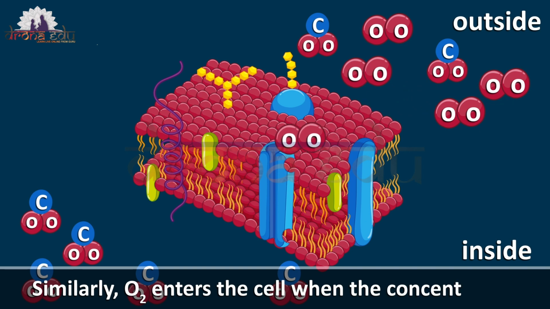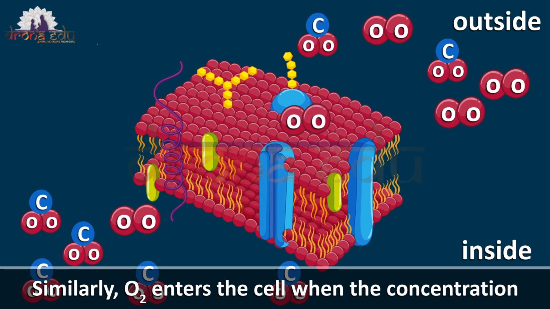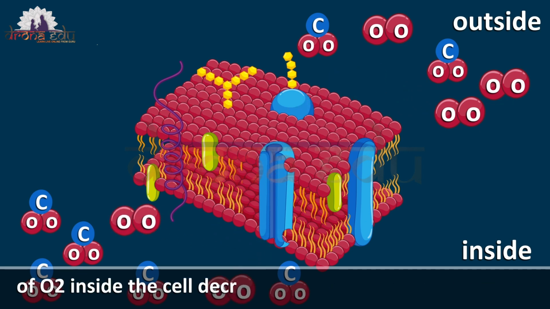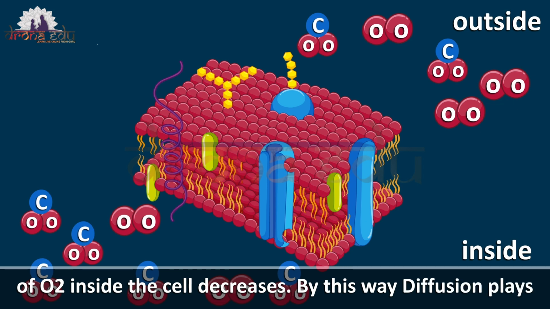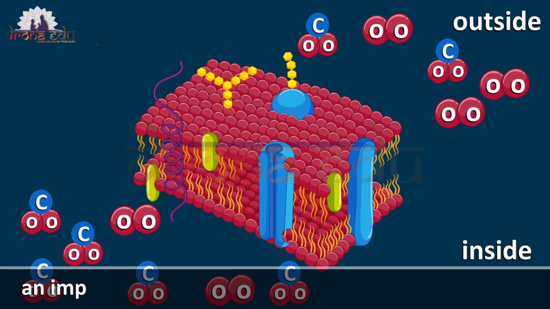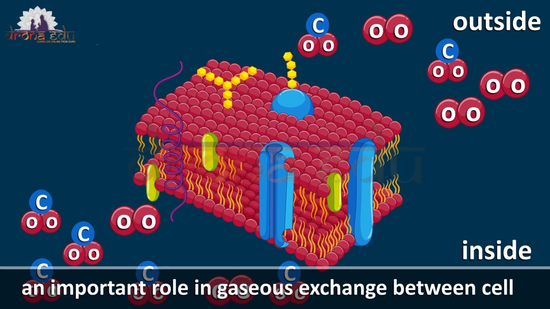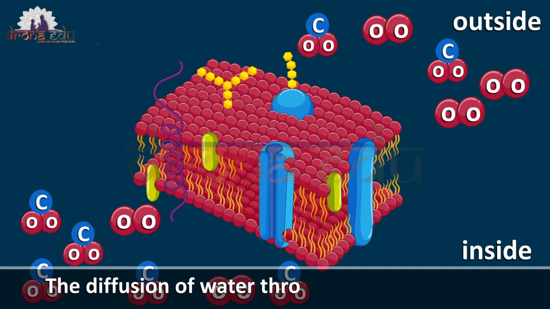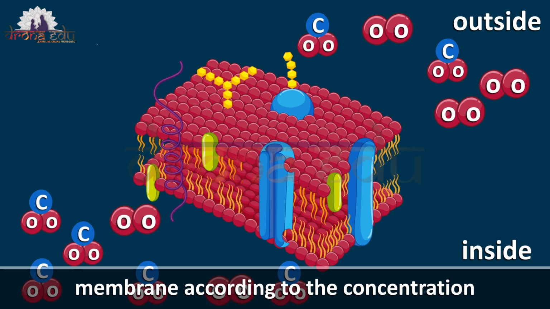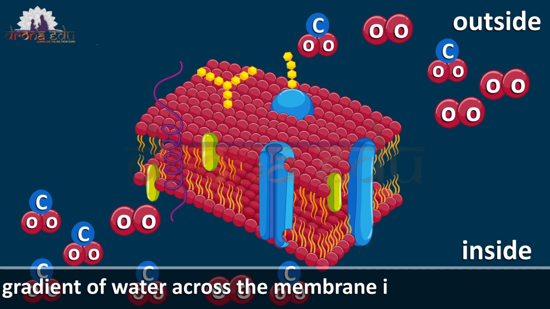Similarly, oxygen enters the cell when the concentration of oxygen inside the cell decreases. In this way, diffusion plays an important role in gaseous exchange between cells. The diffusion of water through a semi-permeable membrane according to the concentration gradient of water across the membrane is called